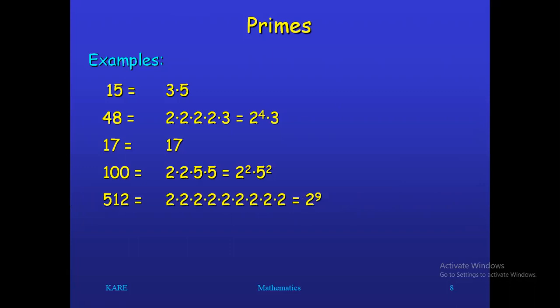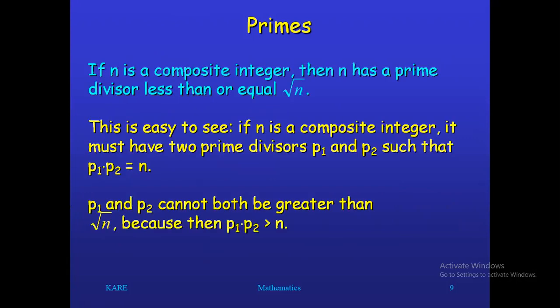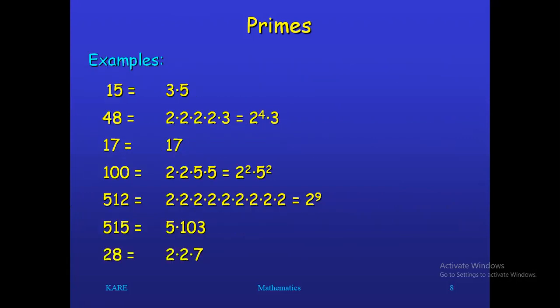Every positive integer can be written as a product of prime factors. At the same time, these prime factors should be in increasing size, in ascending order. That is the statement of the fundamental theorem of arithmetic. These are a few examples. You can note it down. On the right-hand side, we have only prime factors, and all the prime factors are written in ascending order, that is, in increasing size.